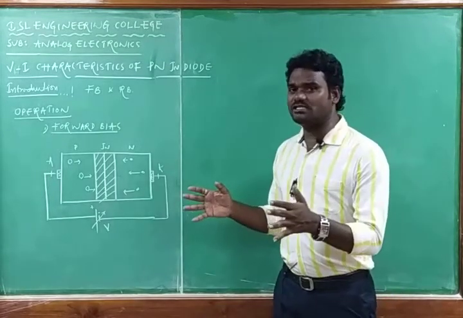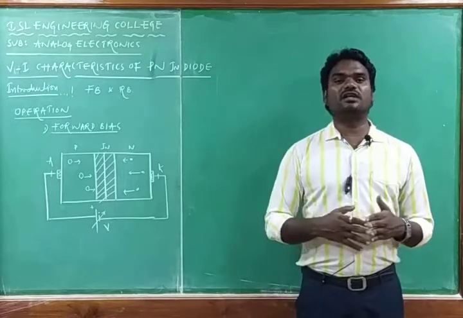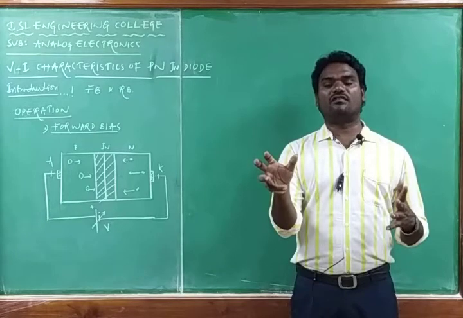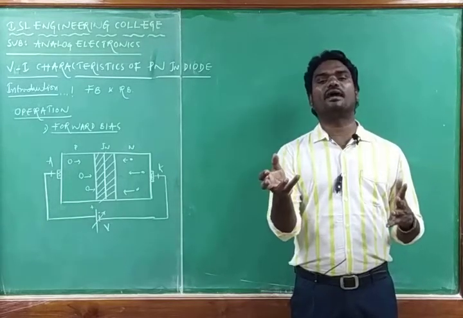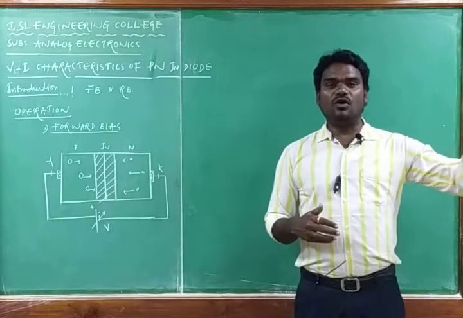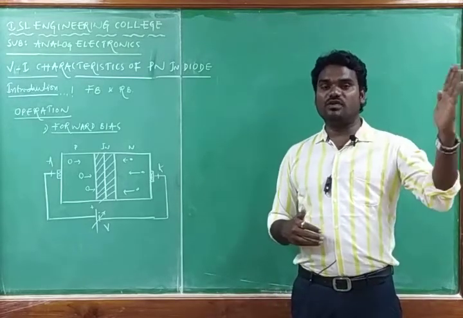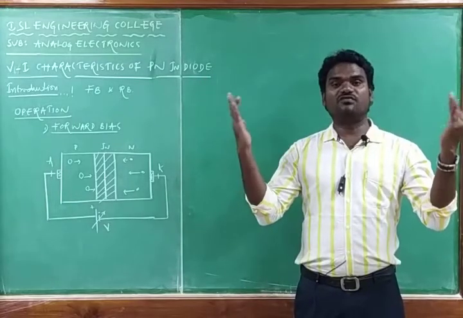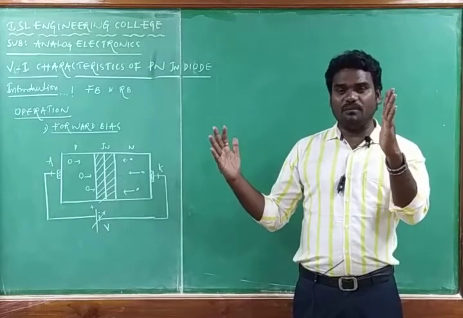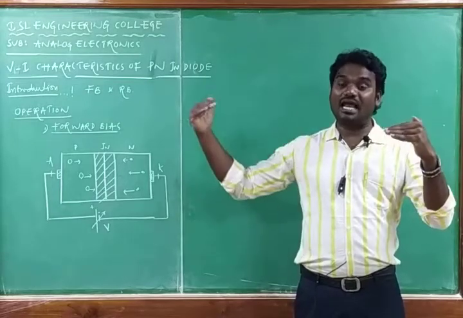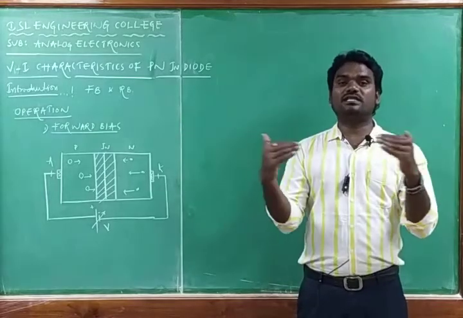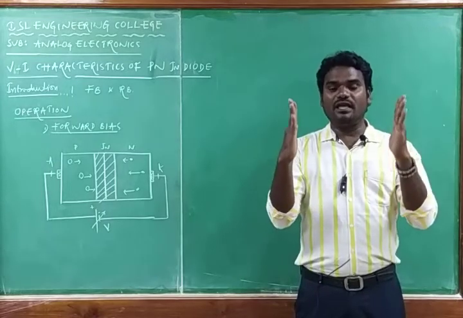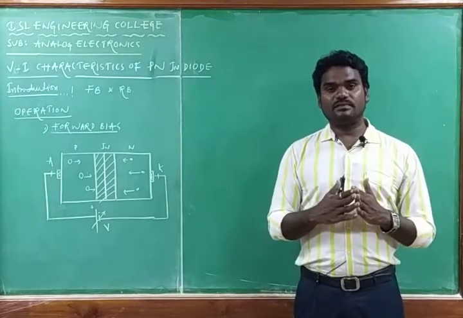Now, what is the main mechanism in the operation of a PN junction diode in forward bias? Whenever we increase the forward bias external DC voltage, holes will move towards the junction and electrons will move towards the junction due to the repulsion force. So holes push the depletion layer towards the junction, and electrons also push the depletion layer towards the junction, which results in a decrement in the barrier potential, and a reduction in the width of the barrier depletion layer.